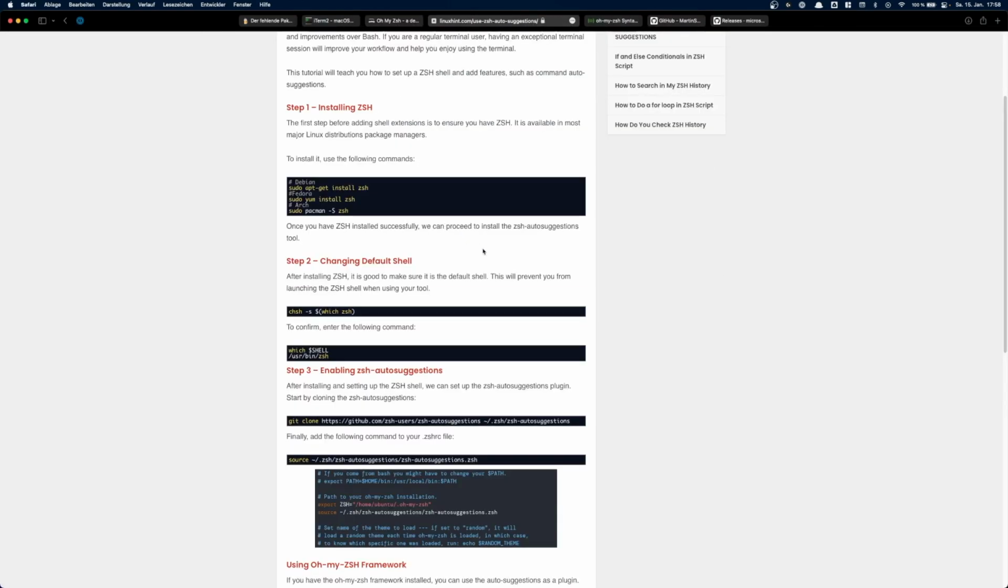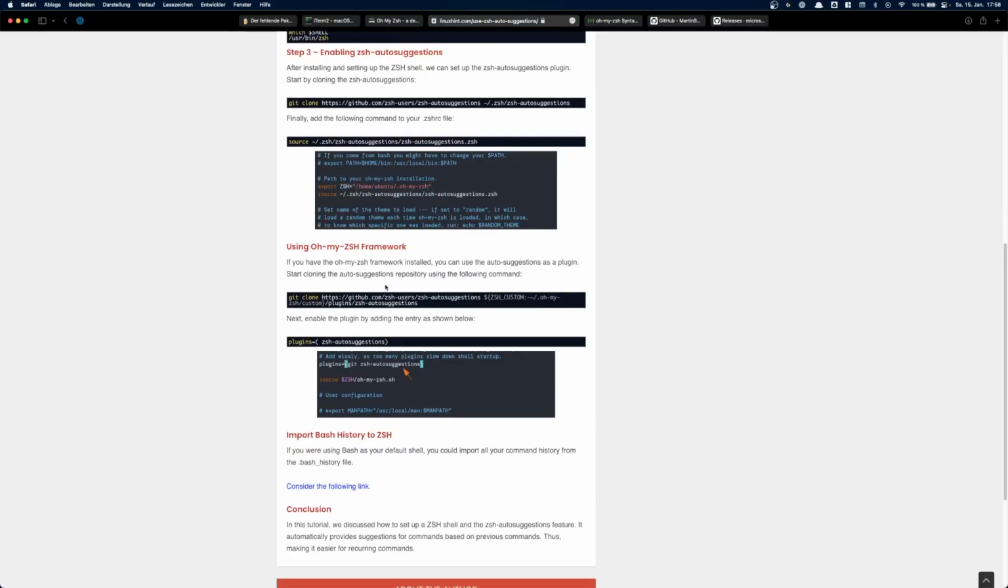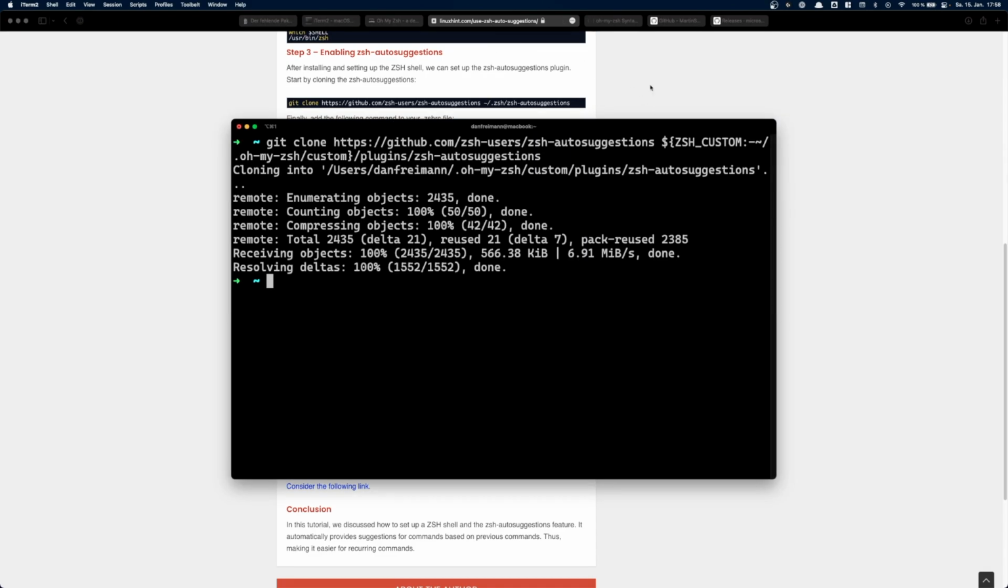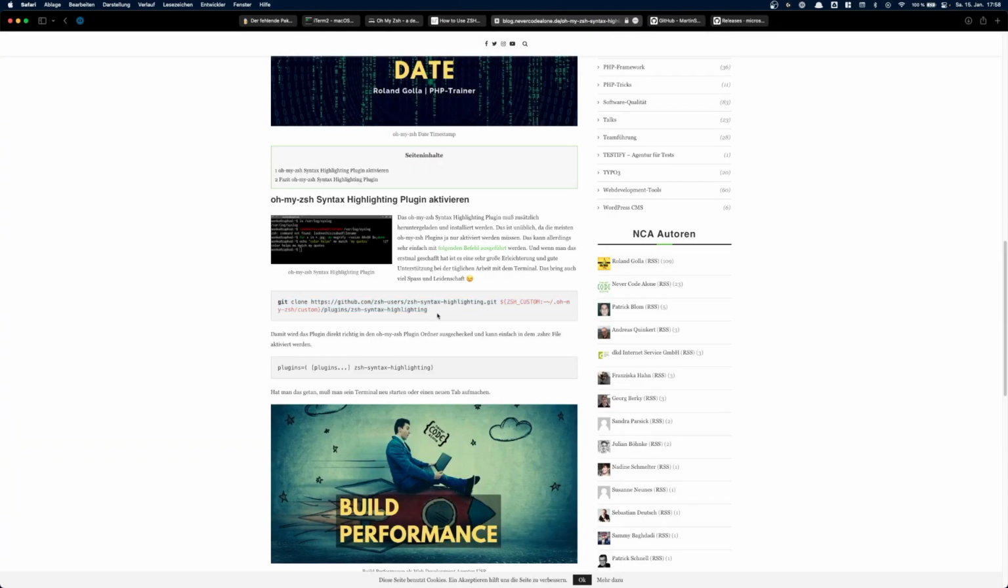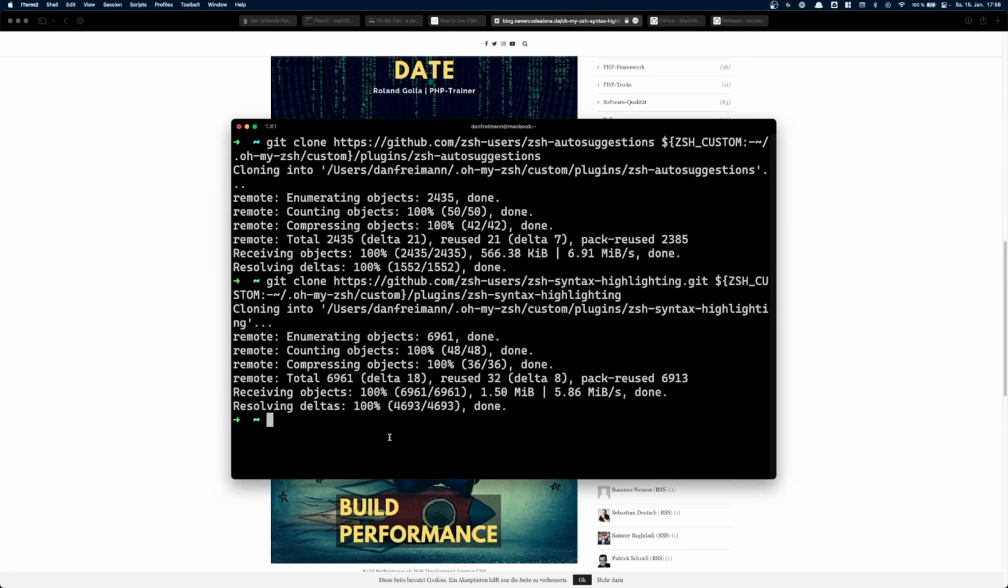Pretty easy. Now I want to use 2 plugins. It's the auto suggestions and the ZSH syntax highlighting. To do that, you just go to the third or fourth link in the description, and copy this git clone command and just clone the repository for the auto suggestions and also for